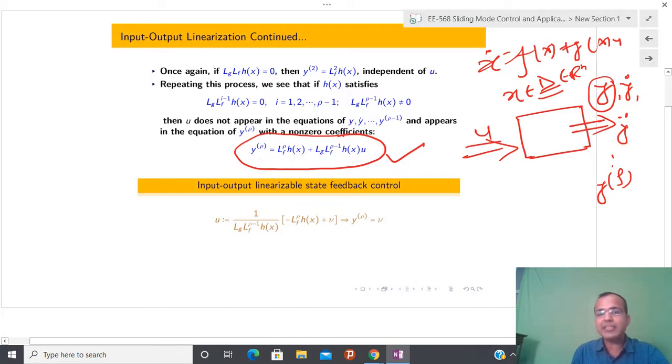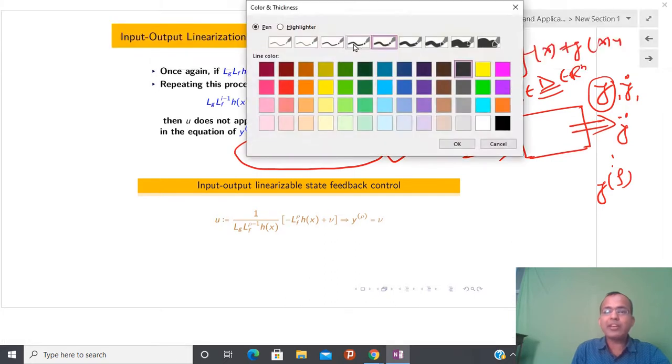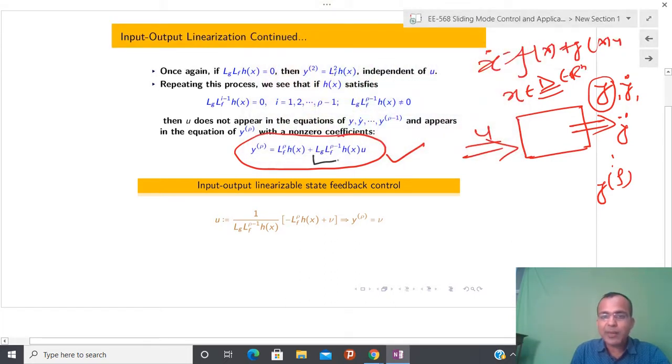And once I have this kind of system, you can come to the feedback linearization theory, where I have two different kinds of uncertainty. You can see that this particular uncertainty is multiplicative uncertainty, and this is additive uncertainty. So you can define the control u, knowing that this term is not equal to 0, so it is invertible, and it is a scalar. I say it is a scalar because y is a scalar every time, so whether you calculate y dot, y triple dot, or y rho dot, everything is a scalar only. So this is also a scalar, and this is also a scalar.